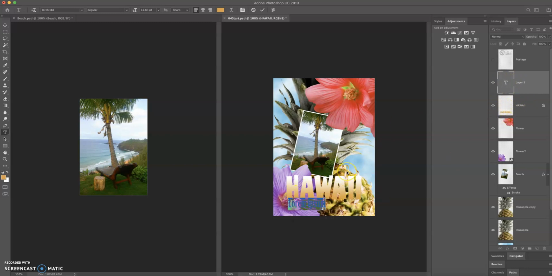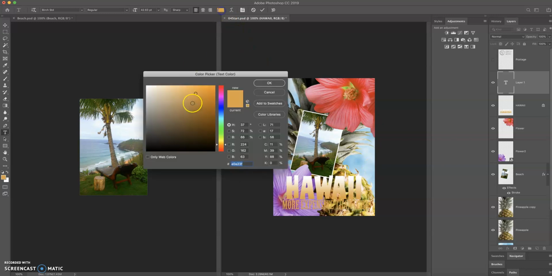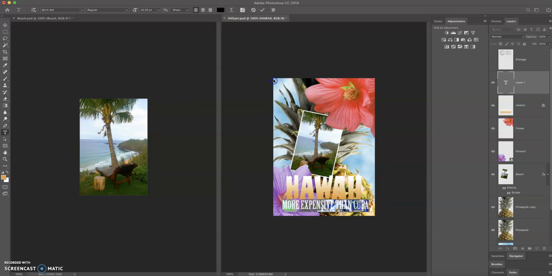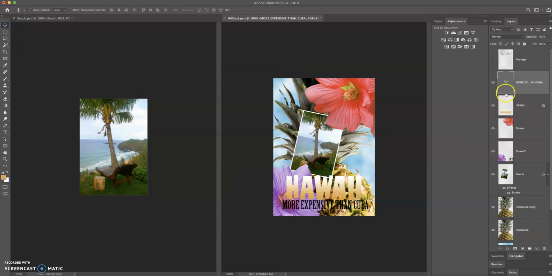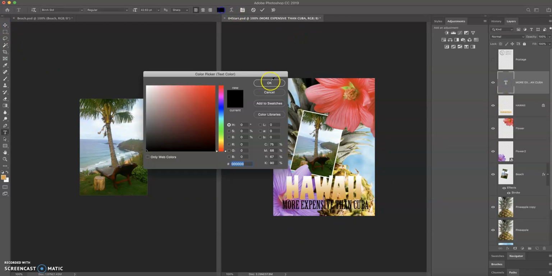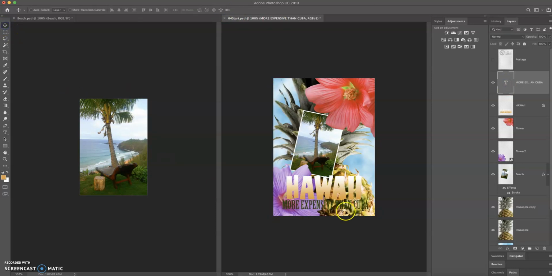And I mentioned earlier that Hawaii is not text, but this is. What I'm going to do is start typing. I'm going to type the words more expensive than Cuba. That's a great tagline for Hawaii, and I'm going to reposition that where I want it, maybe there, and I'm going to change the color to black. Great, so that looks all right. Actually, I'm going to change it from black to green. Pick a nice grassy green there. All right, so there we have our green